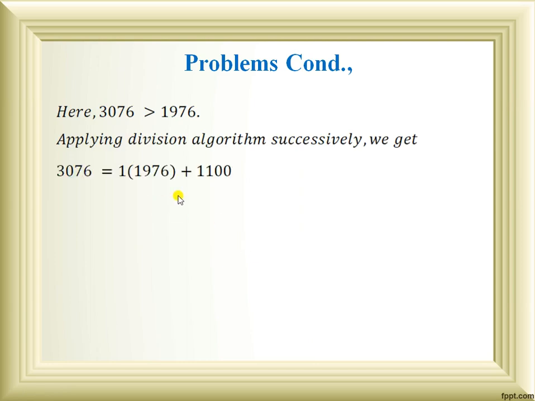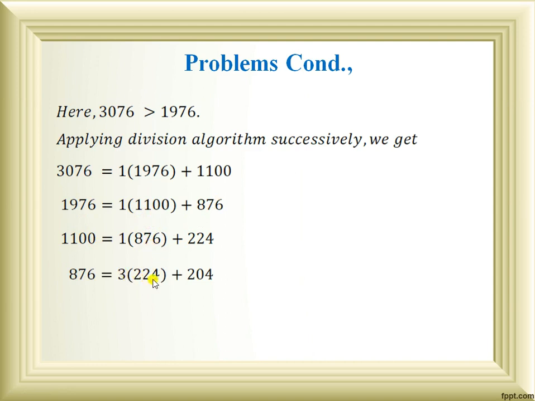Now applying the division algorithm, I will get the steps one by one. 3076, here I will get the remainder 1100 and the divisor is 1976. So here the remainder is 876, that is the divisor of the next step. This divisor becomes the dividend of the next step. So continuing the process,